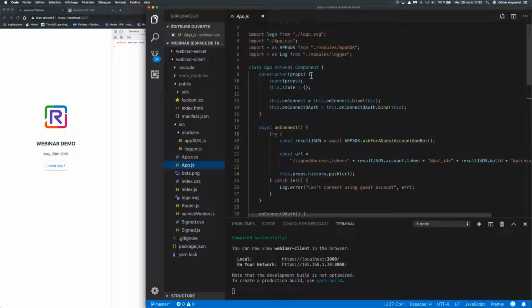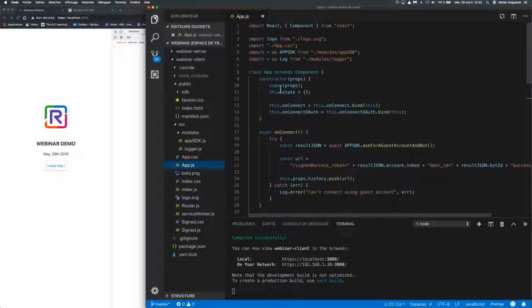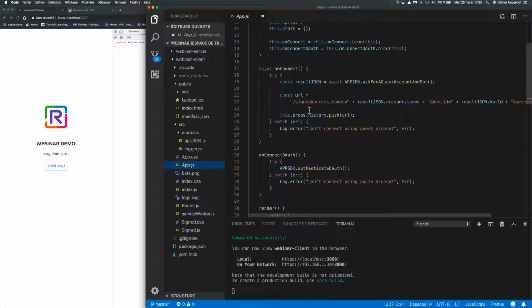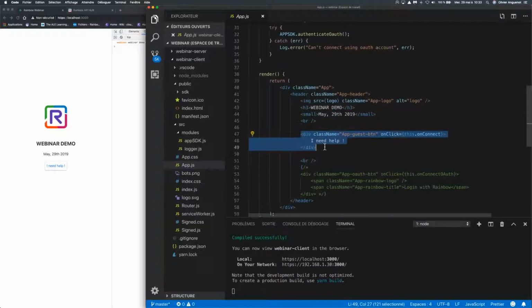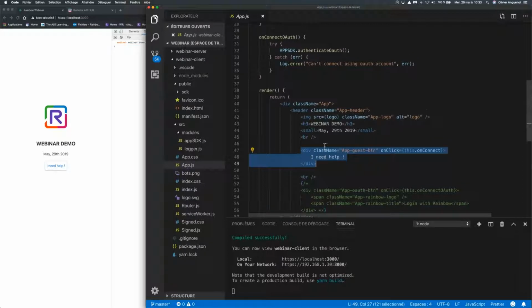A component in React is a mix of JavaScript code and HTML code that is rendered on the page. As you can see, we have the title, the logo, and a small title. And I added for that demo a button on that page. For the second demo, we will make some modifications to display another button.